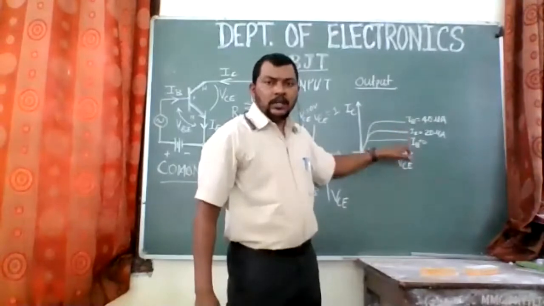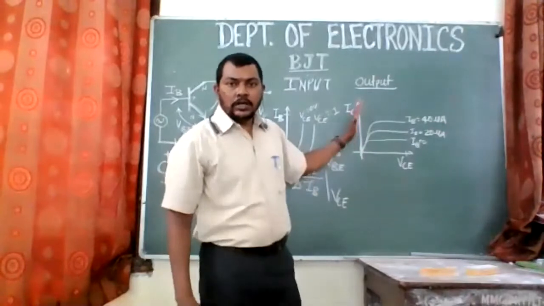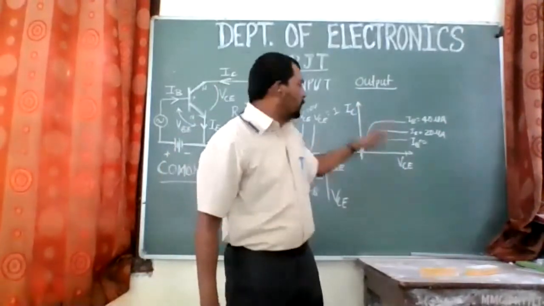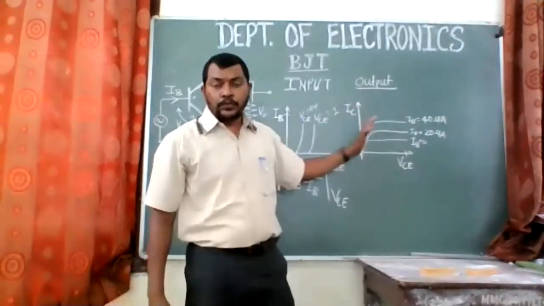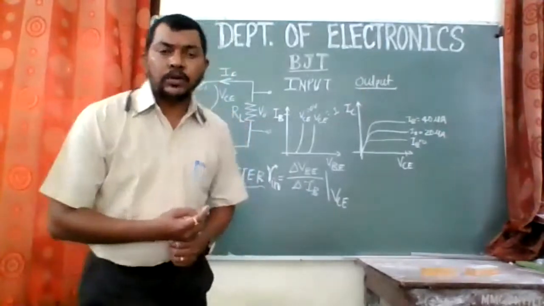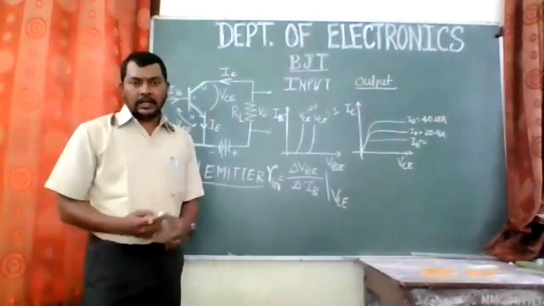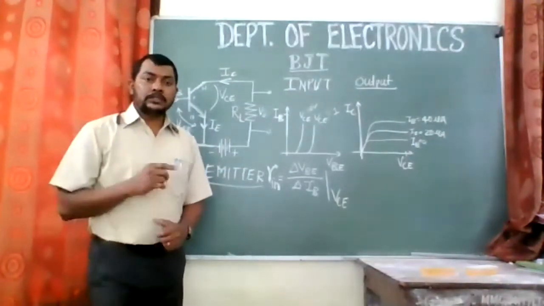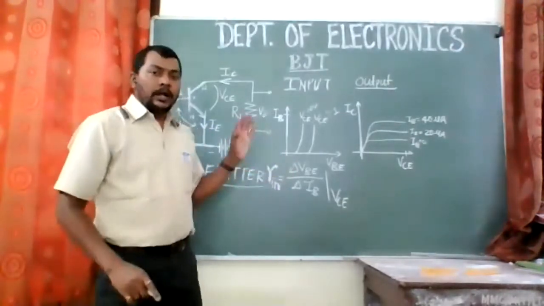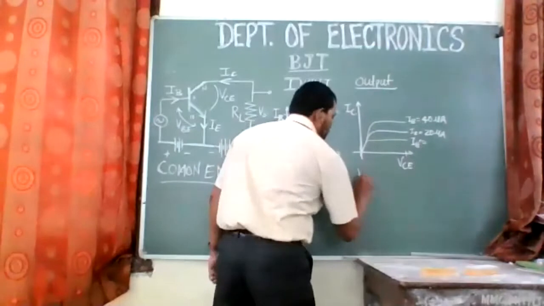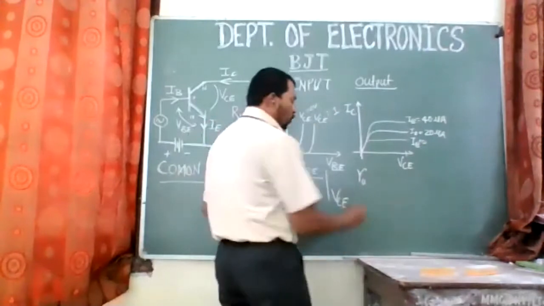So as you go on increasing the base current, the collector current also increases. So this is the graph between collector emitter voltage with respect to the collector current. Have you got this? This is output characteristics. Can you define this output characteristics again, as we have defined input characteristics? Similarly, we can define that. Output characteristics is nothing but the output resistance. The output resistance in common emitter amplifier can be defined as the ratio of, this is RO. So resistance in the output, I am writing here RO.